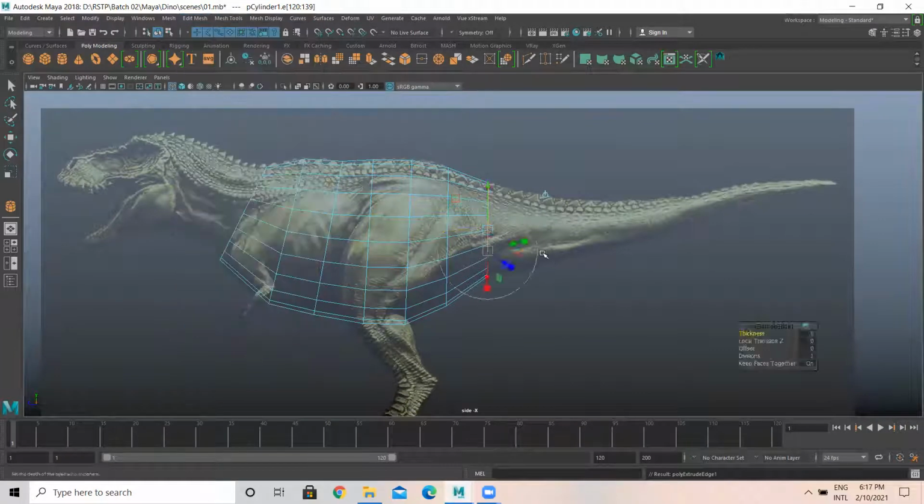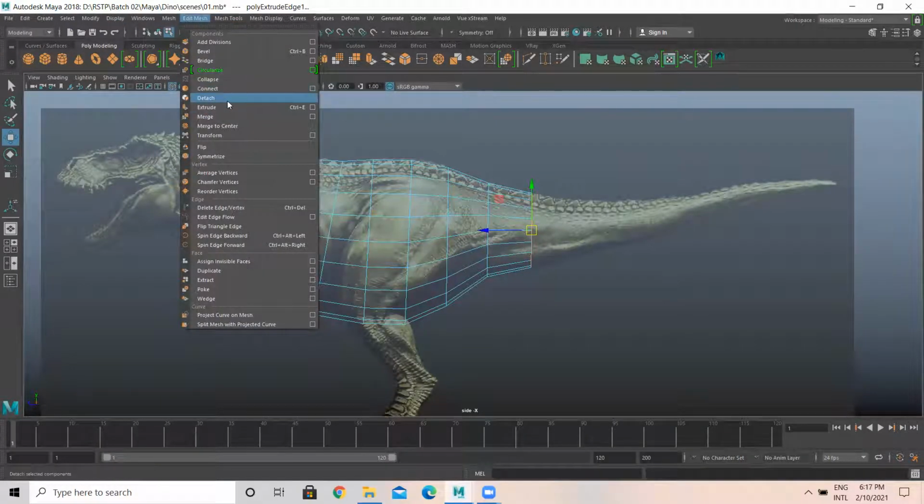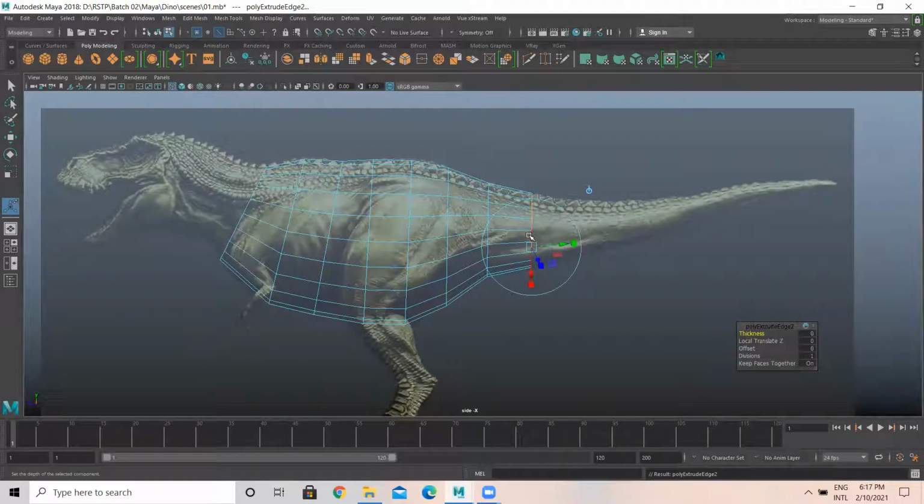Now, edit mesh, extrude. I selected this particular entire edge loop, edit mesh, extrude. Then after extrude, you can place it like this again. So the last tool I have used is extrude. There's a shortcut G, G for repeat last tool. Simple, right? See, almost half of the model I'm completing so fast.